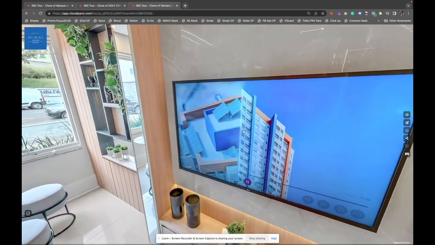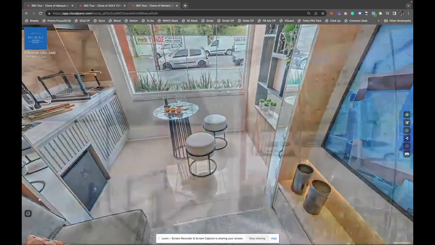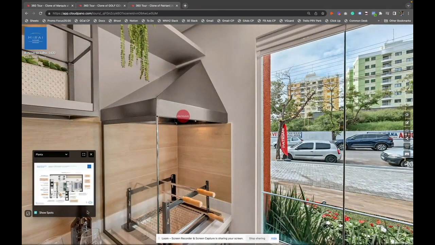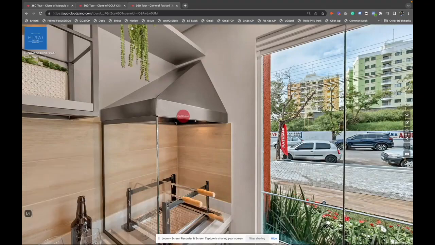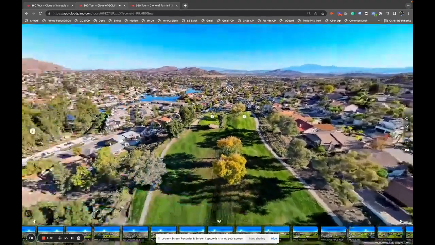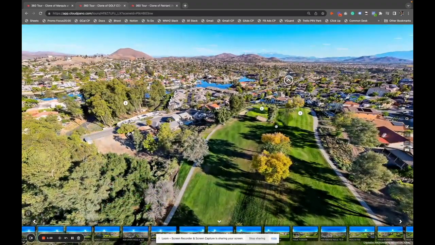So if you stick around to the end of this video, you'll be a complete expert. How am I creating this 360 virtual tour? What's it take to capture these photos? How do I show a floor plan? How do I make the whole experience interactive and beautiful? Well, you're in the right place. To create a 3D house tour is very simple, and I'm going to show you step by step today in